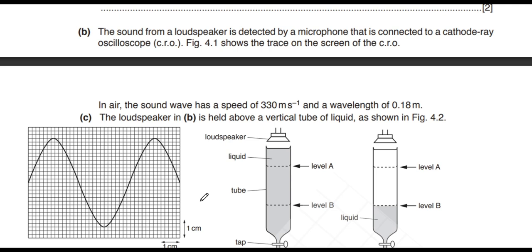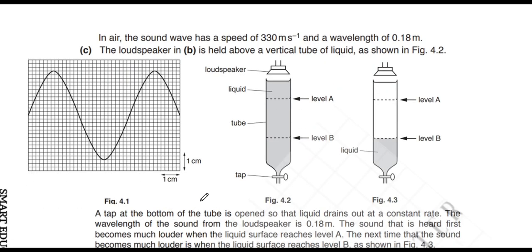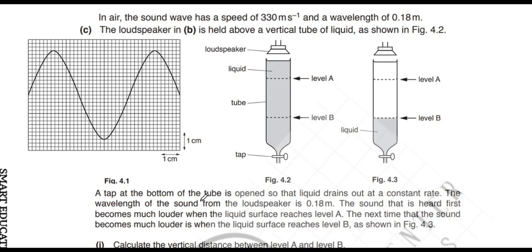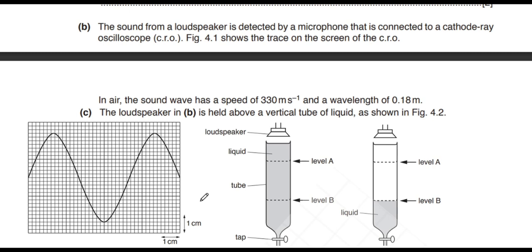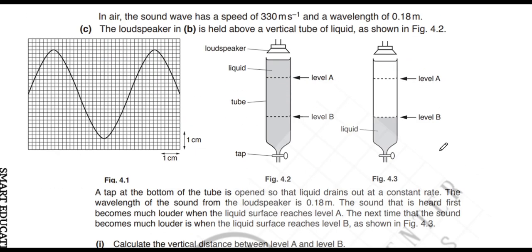Next, the sound from a loudspeaker is detected by a microphone that is connected to a cathode ray oscilloscope. Figure 4.1 shows the trace on the screen of the CRO. In the air, the sound wave has a speed of this, wavelength of this much. The loudspeaker in B is held above a vertical tube. Okay, we are missing one question. So this question is missing, so that's not necessary to do. It's question C basically. So the first question is